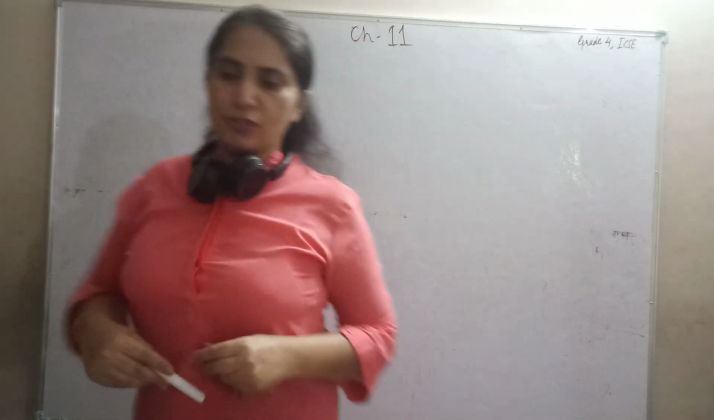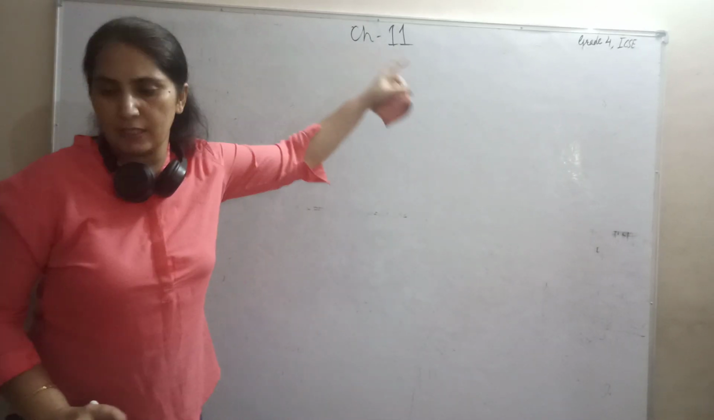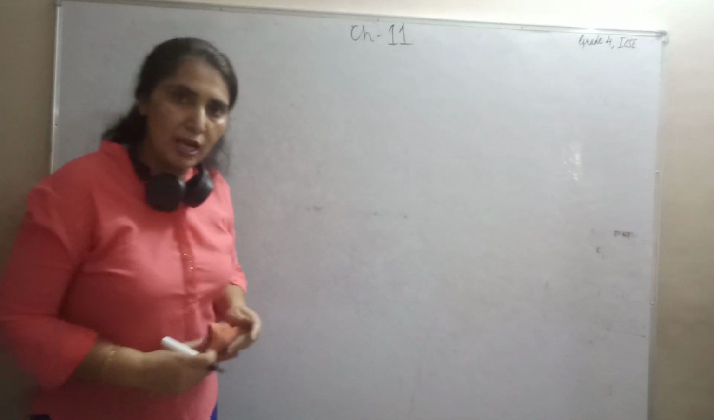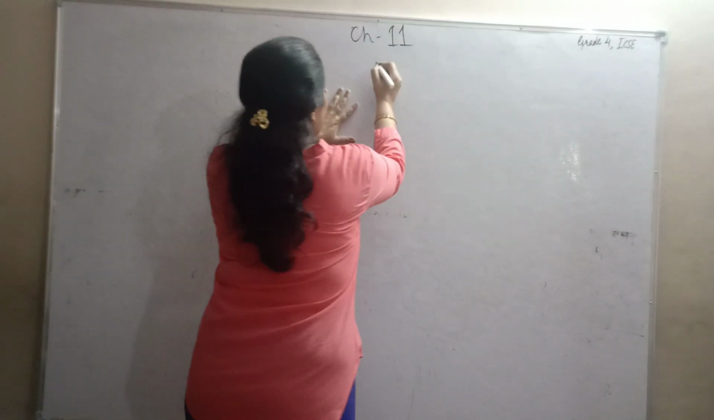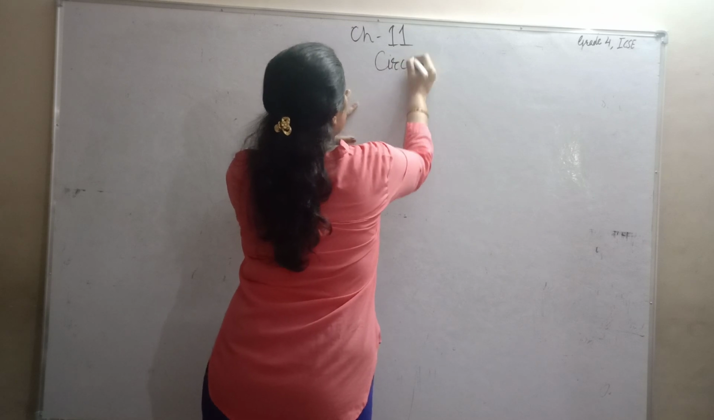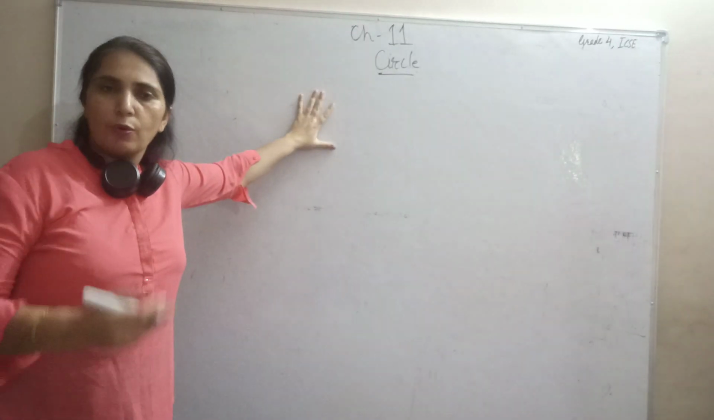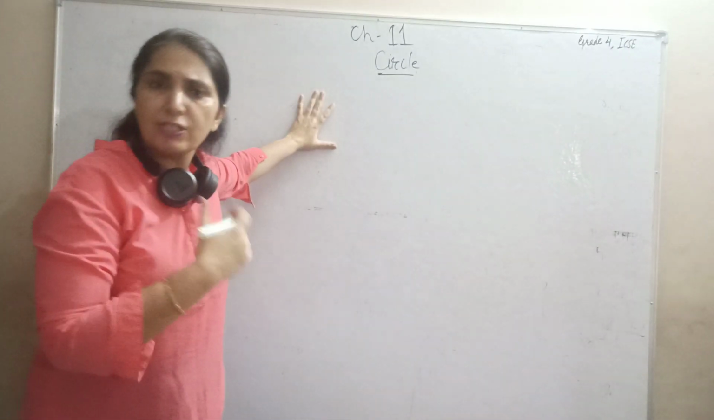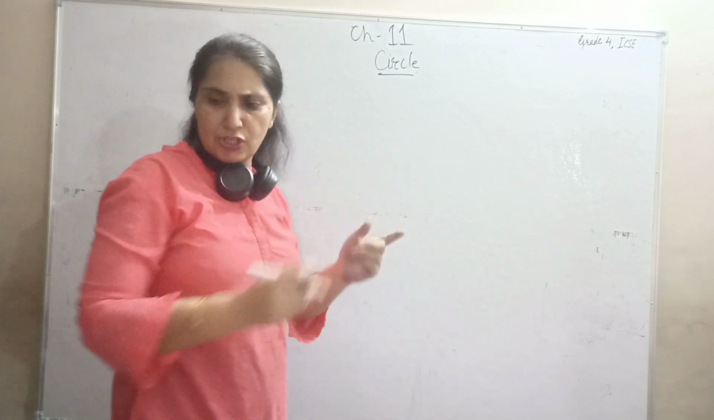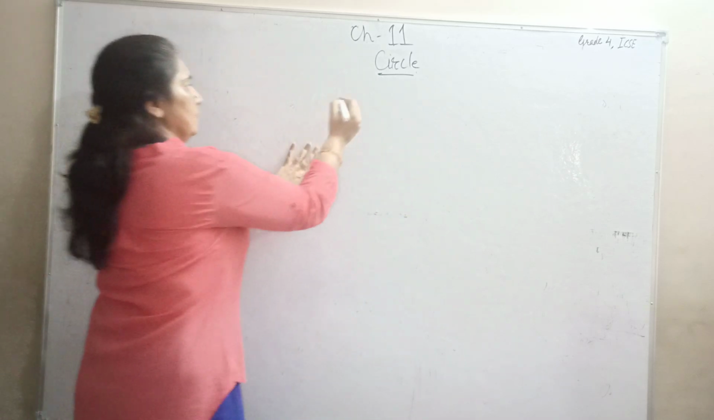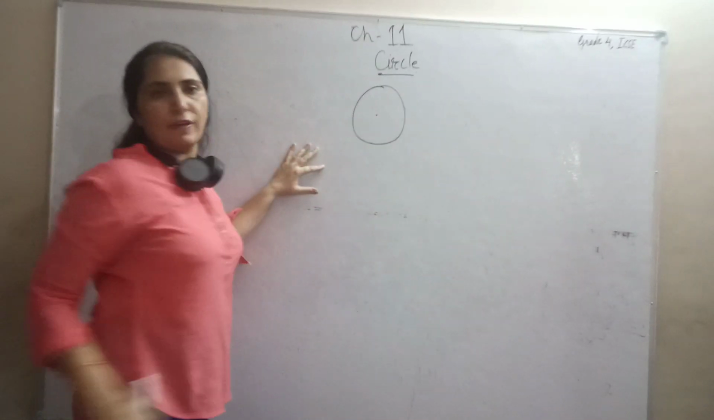Hello children, today in this lecture we are going to cover chapter 11, and in this chapter, from different geometrical shapes, I am going to cover the shape that is circle. So one object which is round in shape, Bengal, it's circular in shape. A circle,